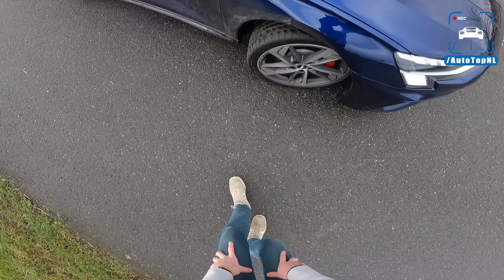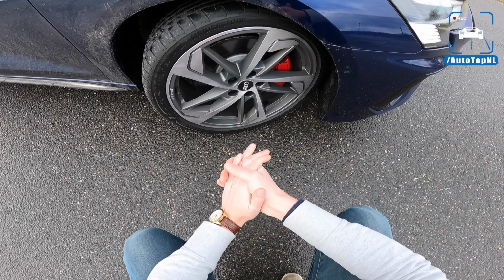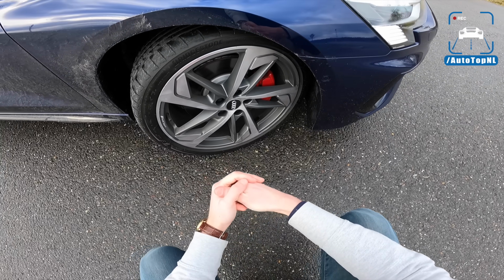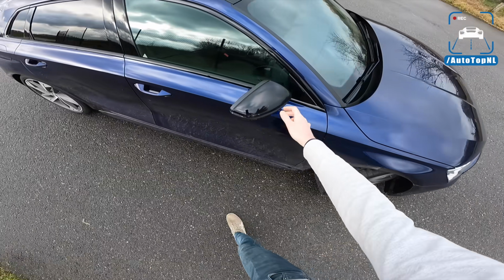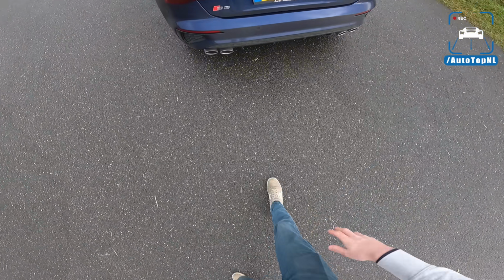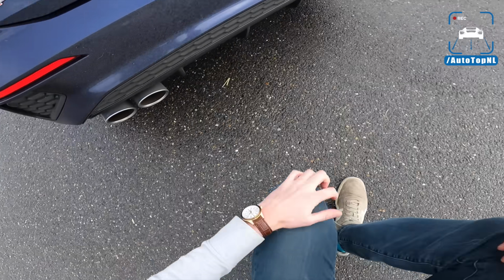The wheels. We've got a new design wheel as well. I do quite like this one. It is an optional wheel. This is 19-inch as standard. You get the 18-inch wheels, and we have optional red brake calipers as well. As I said, we've got those black mirror caps, and at the rear, new rear lights, a new rear bumper with a built-in diffuser. As I said, chrome tailpipes,